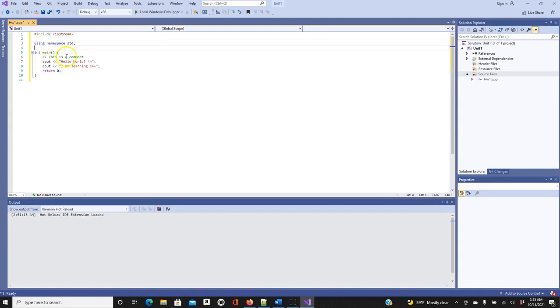C or C++ doesn't really care about the blank lines here. Another thing is this one, int. The int here is the return type of your return. So when you compile this, it should give you 0. If it gives 0, it means that it's working very well, and that's the return type here.